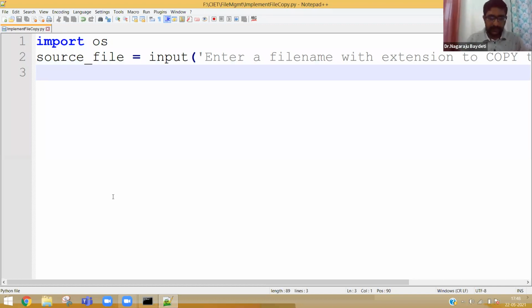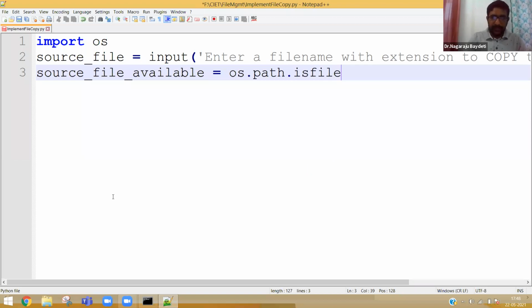First you have to search source file available. Source file available is equal to os.path.isfile, source file.